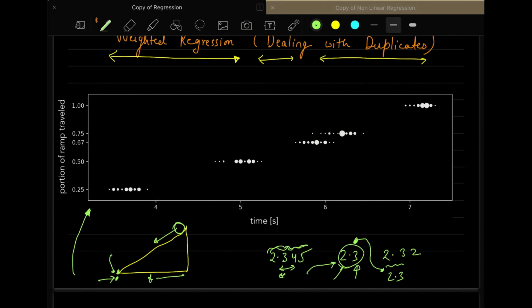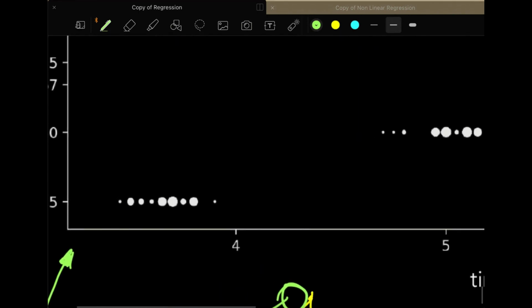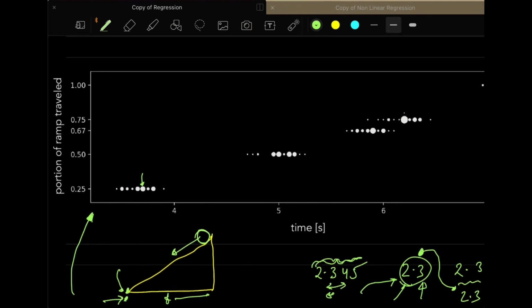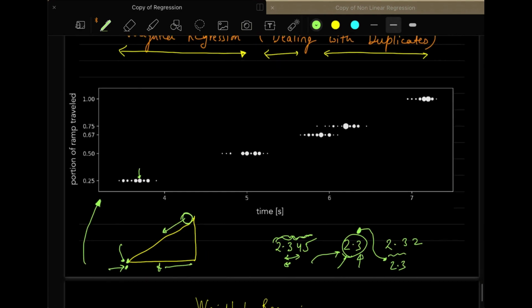So this rounding creates multiple duplicates in the data set. You have 2.3, 2.3, and I don't know how many of them there will be, but we have plotted it over here, and you can see the thickness. The greater the thickness of the data, the more duplicates there are at that particular point. As you can see here, this particular point is rounder and wider compared to the other data, so it has a large number of similar data accumulated. This is the data set where you have a large number of duplicates.